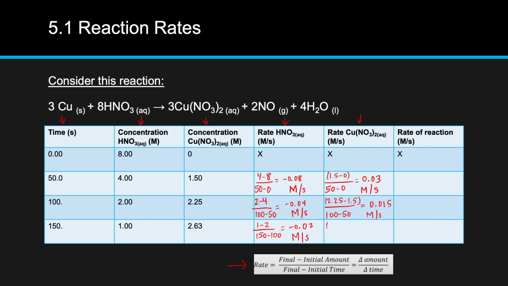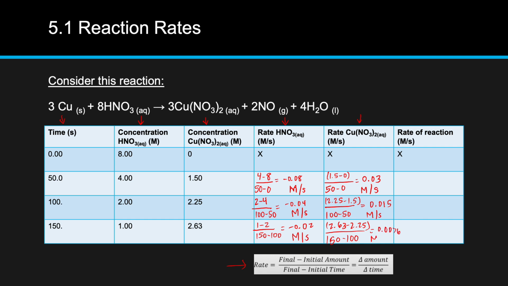And then the same thing with the last one, 2.63 minus 2.25 over 150 minus 100. So 2.63 minus 2.25 is going to give us 0.38, and then divide that by 50. It's going to give us